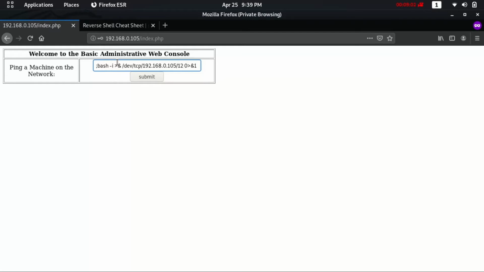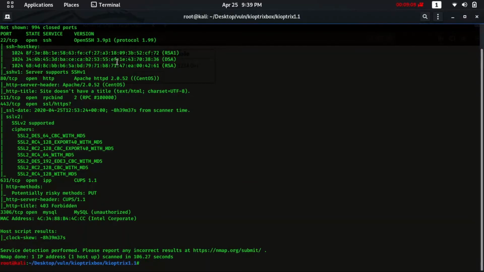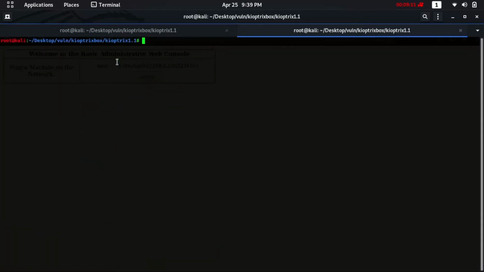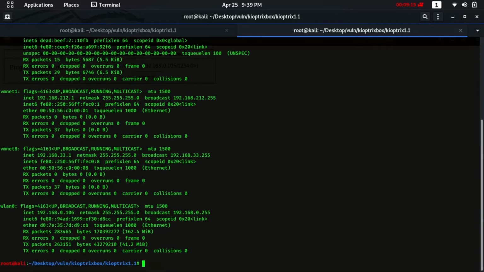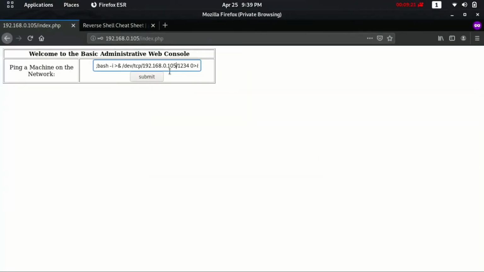Here I am using port 1234. Okay, sorry, I mistakenly put the machine IP. Let me check my IP with ifconfig. So this is my IP, which is 106. Let me correct it.